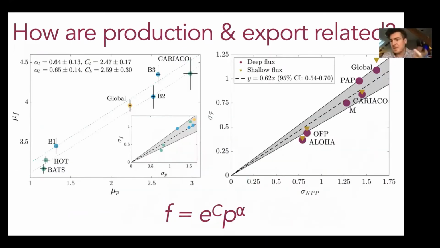And so that means we can use that to look at the relationships between variables whose measurements might not individually be good. We can do that by comparing the moments of these distributions. And when we do that, we think we see some kind of scaling relationship between these, and that's a different way of characterizing how production and flux are related. But it's more consistent with the variability in these data.